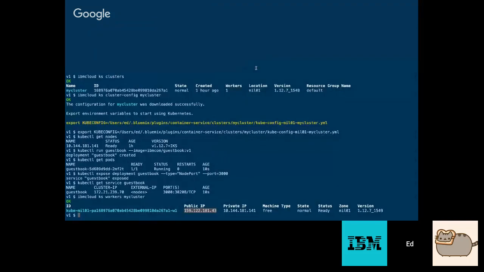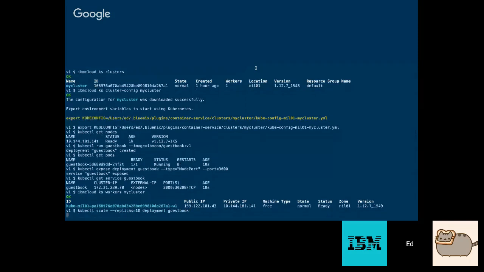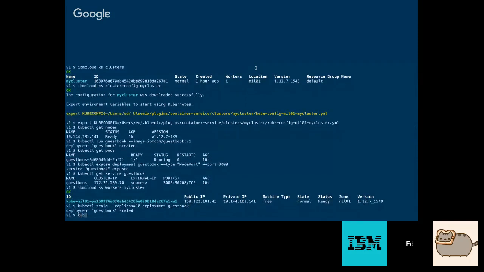So now let's say my guestbook's up and running. People are loving it. It needs to scale. Well, I can do that super easily with one command. I can go kubectl scale replicas equals 10 deployment guestbook. I'm basically saying take that deployment, but this time run 10 replicas of it. And if I'm fast with this one,